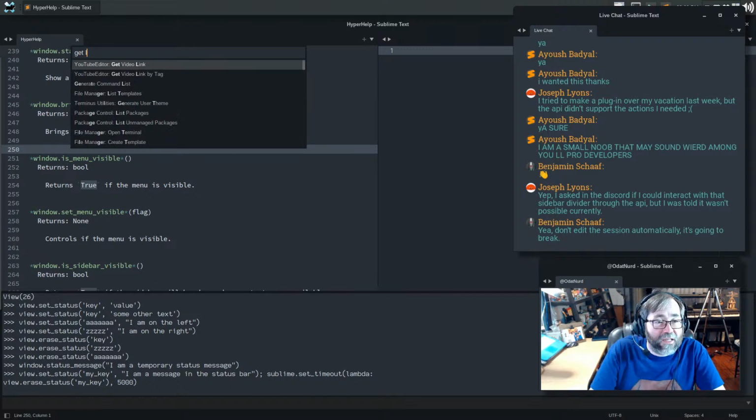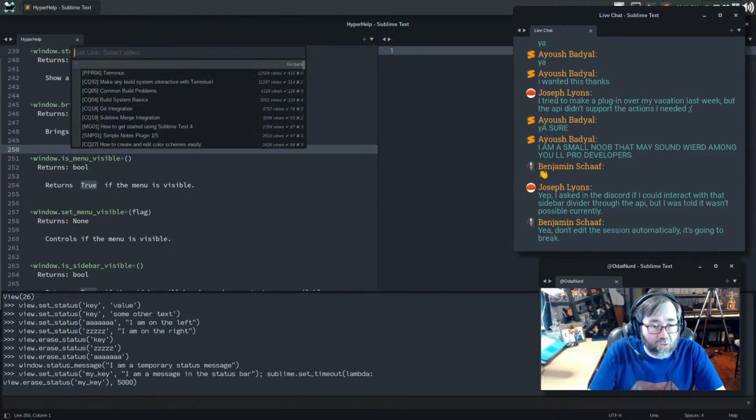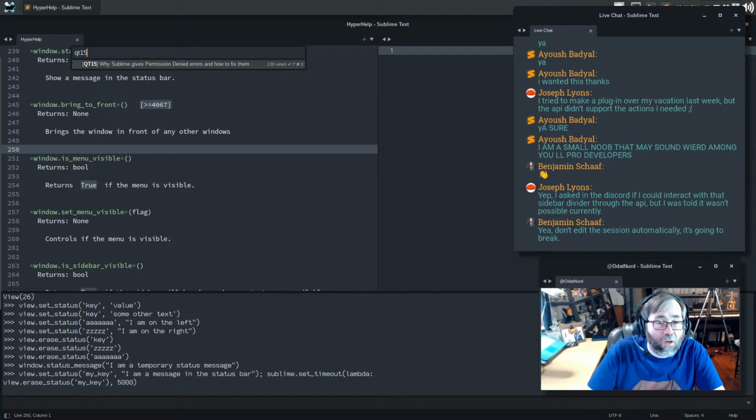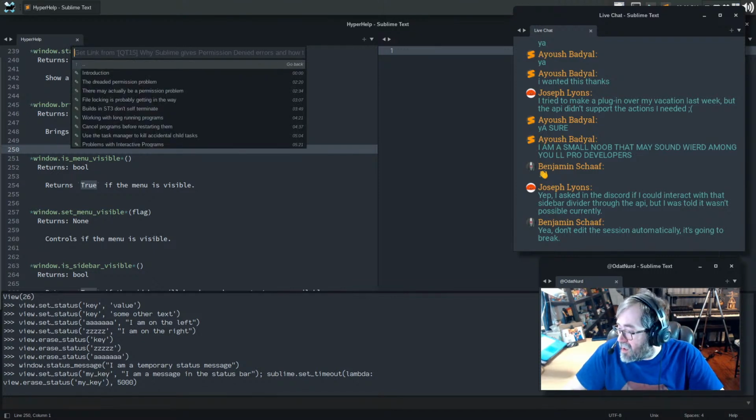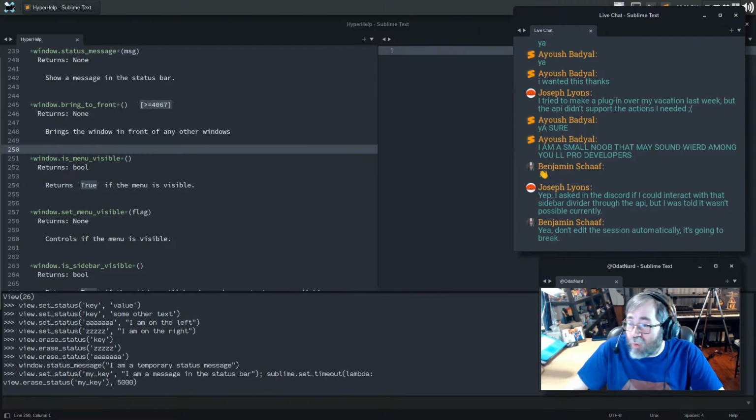That's going to be get link for this one. This is why we created this particular package and plugin. Could be for one of the reasons outlined here in this video, or it could be due to virus software.